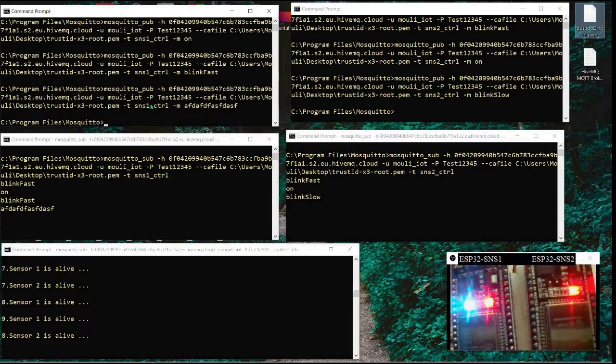Now you see this. I sent a wrong message here. It went to a default blinking rate of 1 second. So always make sure that the user may make a mistake. The IoT device, or whatever software you write, should come to a known state, not go into some unknown state and do something wrong.